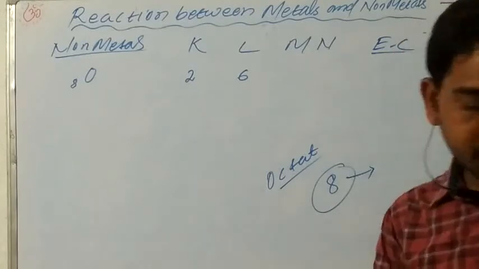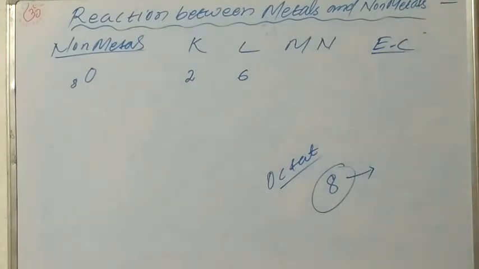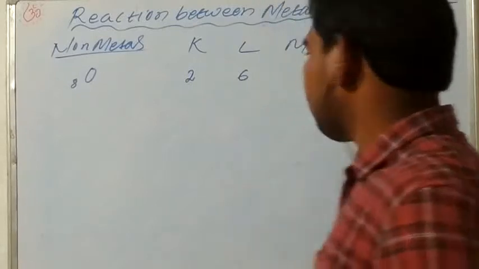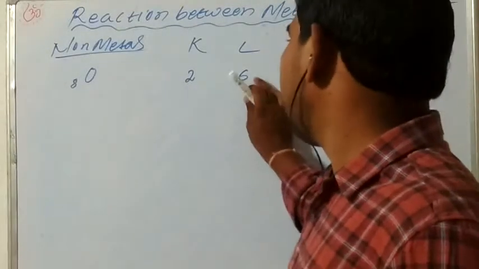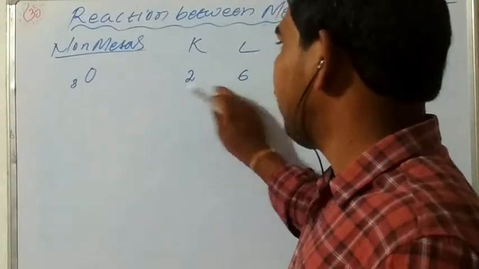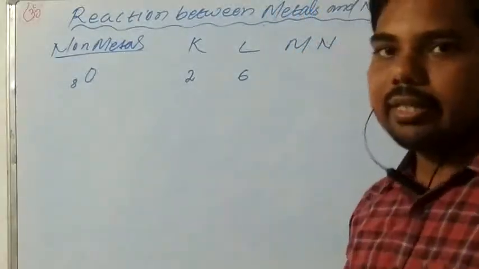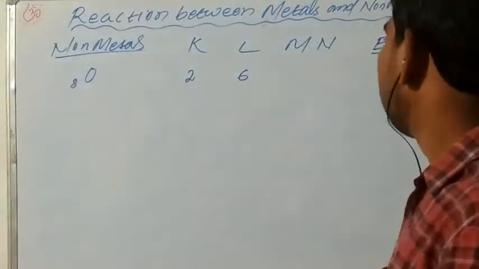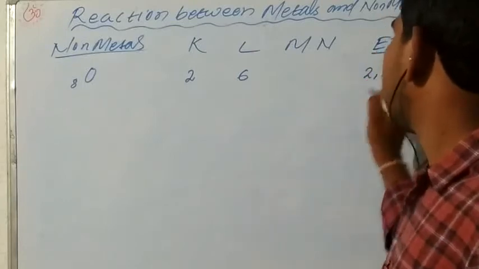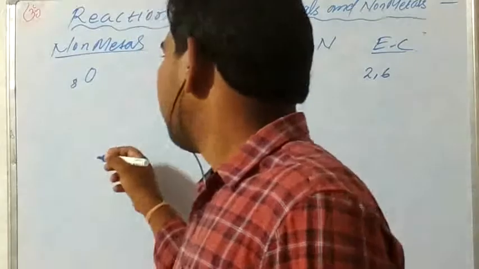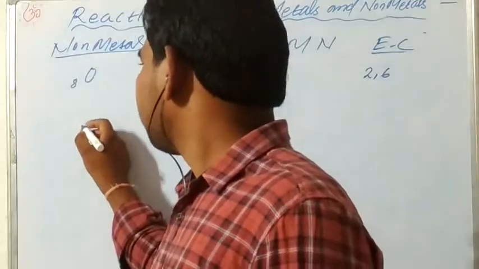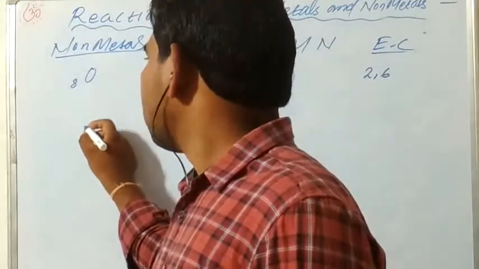All elements always try to become stable. So oxygen gains 2 electrons and completes 8. That way oxygen forms negatively charged ions, and its electronic configuration is 2, 6. Like we have discussed, another non-metal, besides oxygen, is